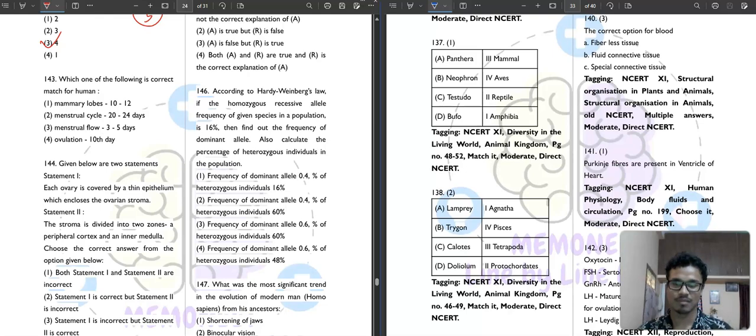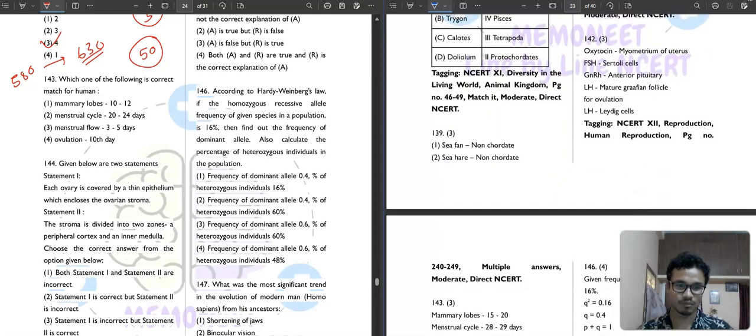Just put your maximum in these last few days. I am saying that if you put in your efforts, you can increase your score by 50 marks. Suppose you are getting 580 now, you can definitely get 630 at least. Many students think, okay, we have done all of these things, so we don't need to do much revision, but they end up losing 20 to 30 marks because they did not push their maximum limit in these last few days.